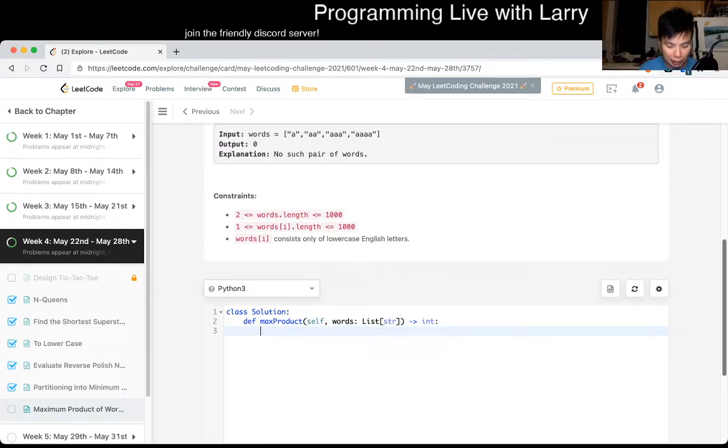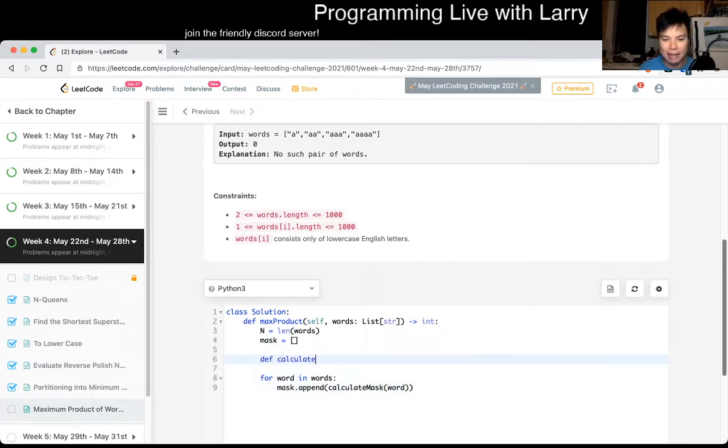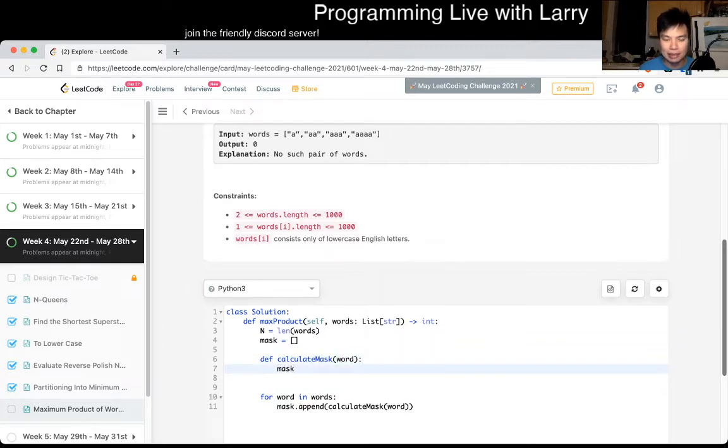Now first we can pre-process each word. Let's say n is the number of words. Mask is equal to 0 times n, a number whatever. Maybe I didn't need to do it that way. Maybe I could have done something like this and then just masks.append(calculate mask for word), right? And then you calculate the mask for a word. You have your current mask equal to 0, return mask at the end, and then for character in word,